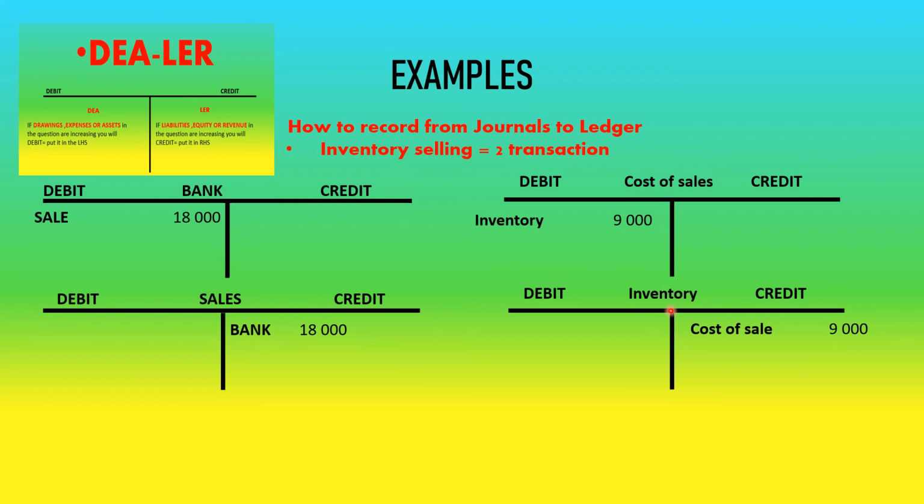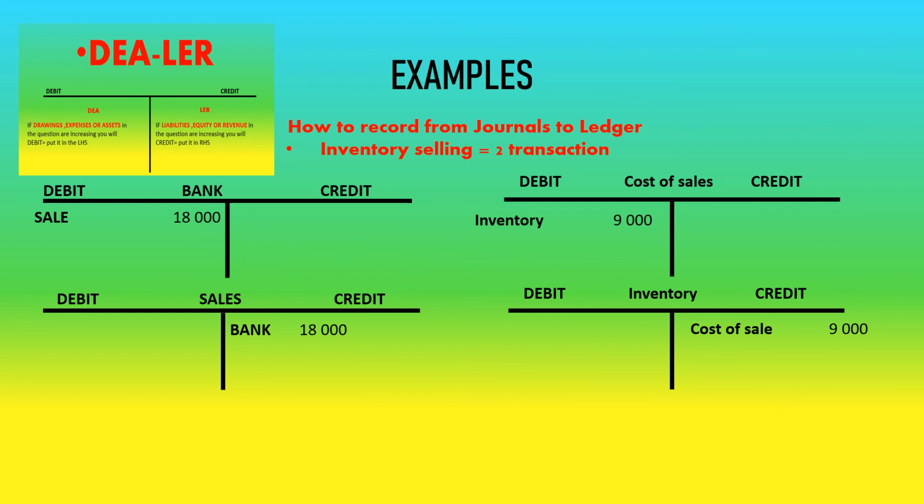Cost of sales and inventory will always go together. Cost of sales is increasing, cost of sales is an expense. According to the dealer rule, if it's an expense, you're always debiting it if it's increasing. Inventory is an asset. An asset is decreasing, and therefore according to the dealer rule, you'll put it on the